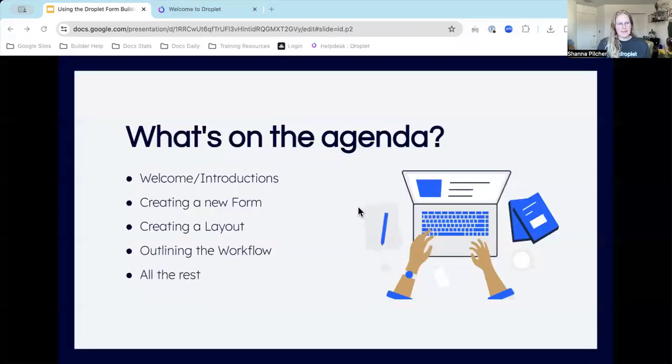So today we will be covering creating a new form. We're going to be building a very simple form just so I can cover all of the different areas of the builder. We'll go over the layout, the workflow, if we need to add notifications, and then some of the other features that we have in here that aren't necessary for a complete form, but maybe necessary for your